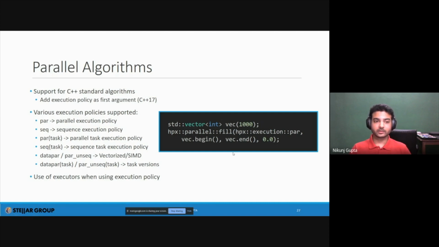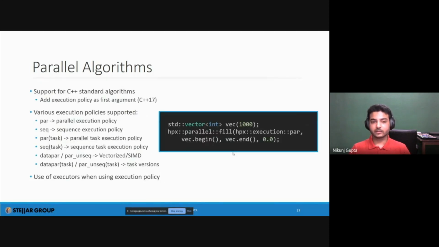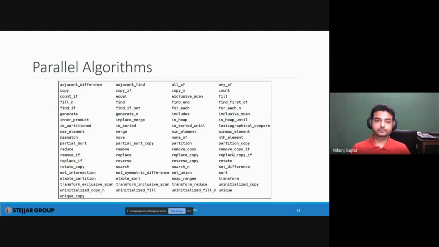We can discuss executors after this talk, but as of now, based on C++17, let's talk more about the execution policies. And again, we have a lot more parallel algorithms implemented. So this is a set of algorithms. We have others as well now with C++20, and we have support again for the task-based execution policy, for parallel execution, and also for the parallel task execution policies with them.